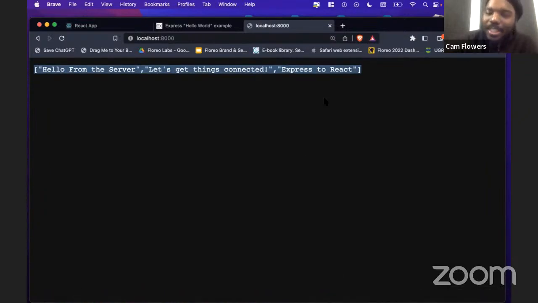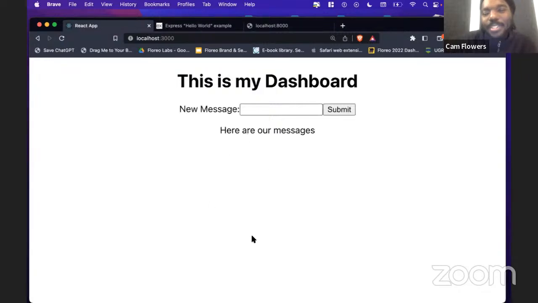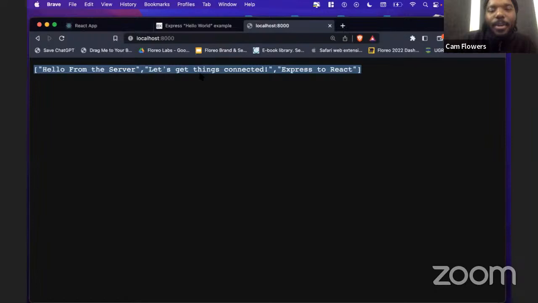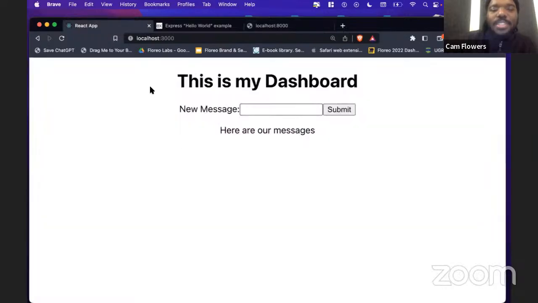So the question is, how can I connect this array of data to our little original app that was showing all of these messages? Because technically, if I could find a way to get this array of data into this application, I can then process this data and show it on the client side. So that's exactly